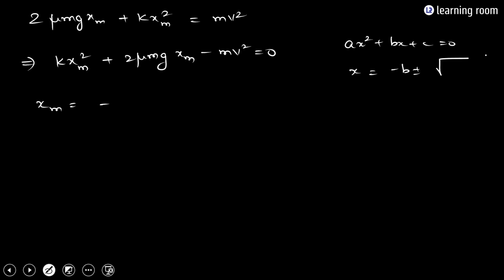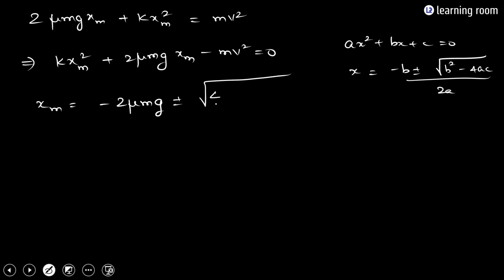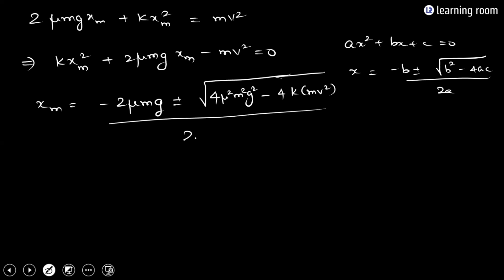Minus b plus or minus root of b square minus 4ac, the whole divided by 2a. So x is equal to minus 2 mu mg plus or minus root of b square, that is 4 mu square m square g square minus 4 into k into mv square, the whole divided by 2a, which is going to be 2k. Now, having all these values, if you substitute it here and calculate, then you will get the value of xm as